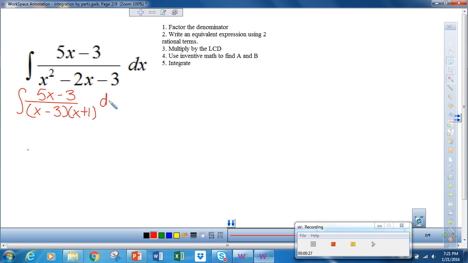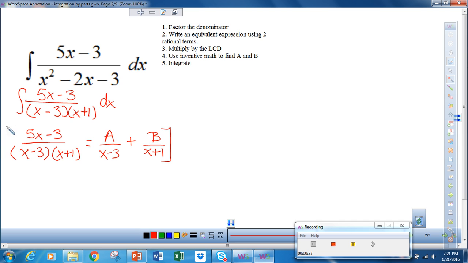After we factor the denominator, we're going to write an equivalent expression using two rational terms. And the way we do this is by saying 5x minus 3 is equal to A, where A is some constant, over x minus 3, and notice we're using these factors, plus B over x plus 1. Now, to find these values of A and B, the first thing we need to do is